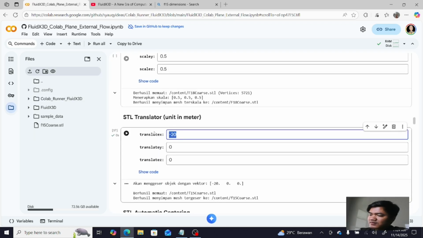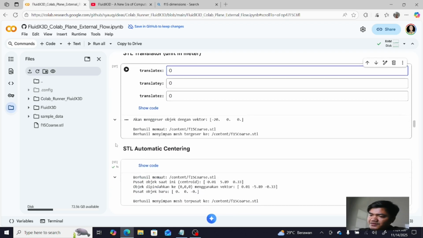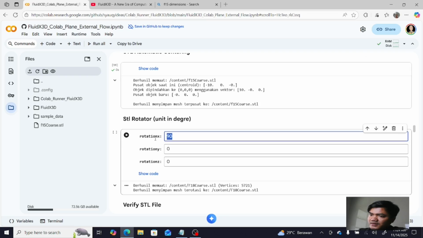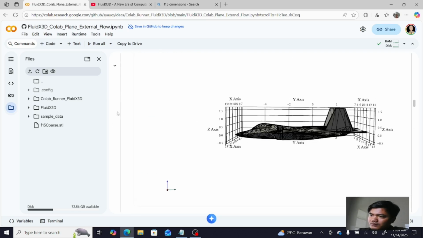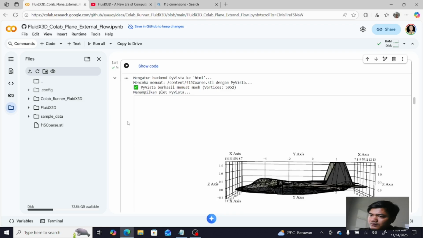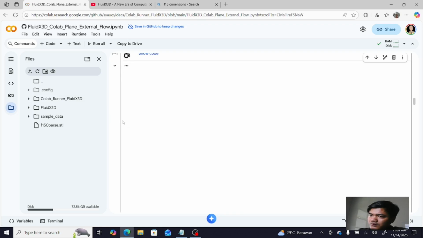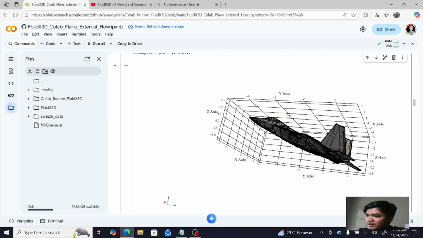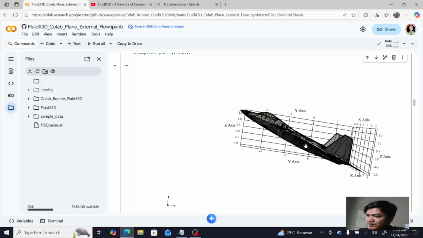This translator. Just center again, and we just rotate in minus 20. Okay, this is good.